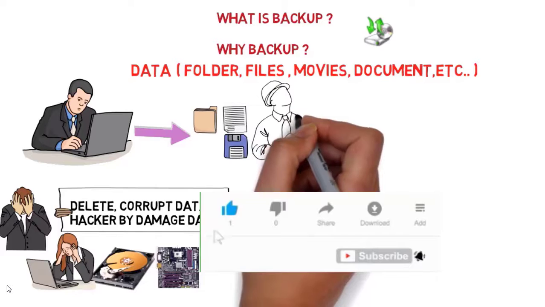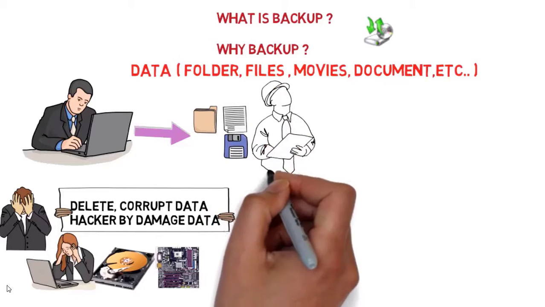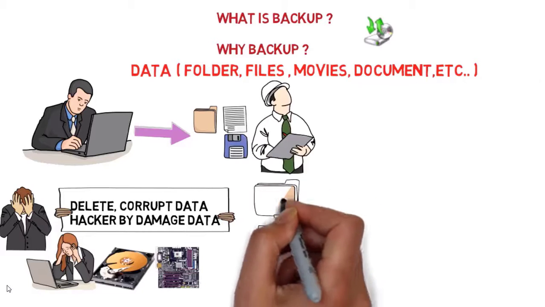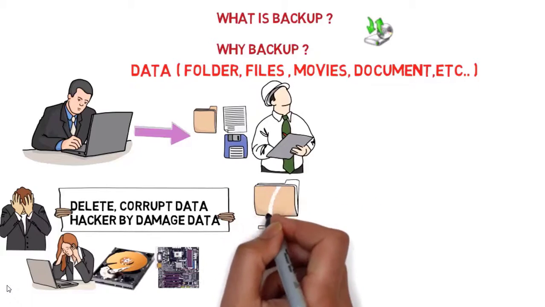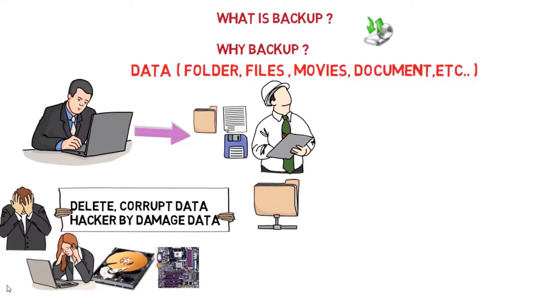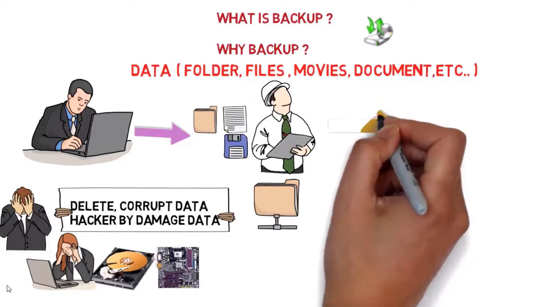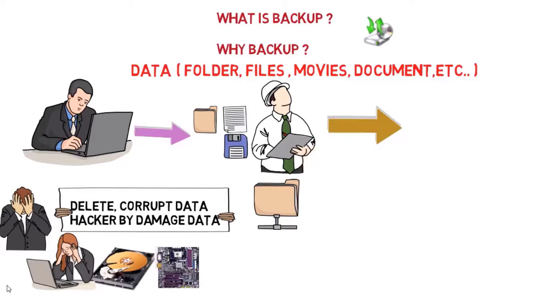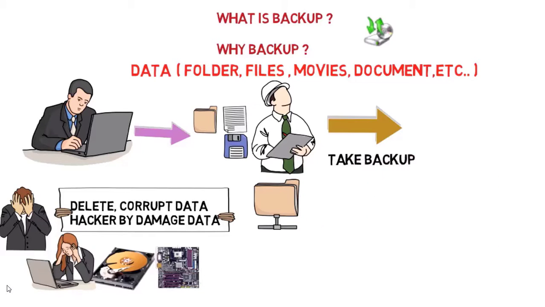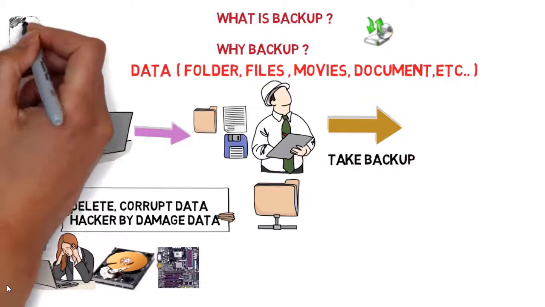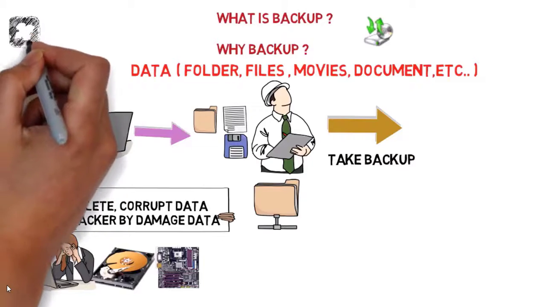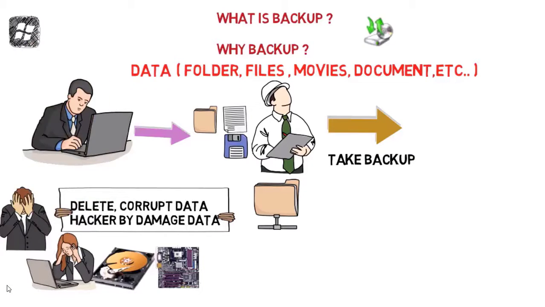So our engineers created one type of technology, backup utility, backup technology. How does this backup technology work and why use a backup here? A backup is one type of copying data to another hard disk, and most often a computer with two hard disks is used. But if you are using one hard disk, you can take another partition here. What is a partition? I already created a computer management video, so watch it. Here I'm just talking about the Windows topic.